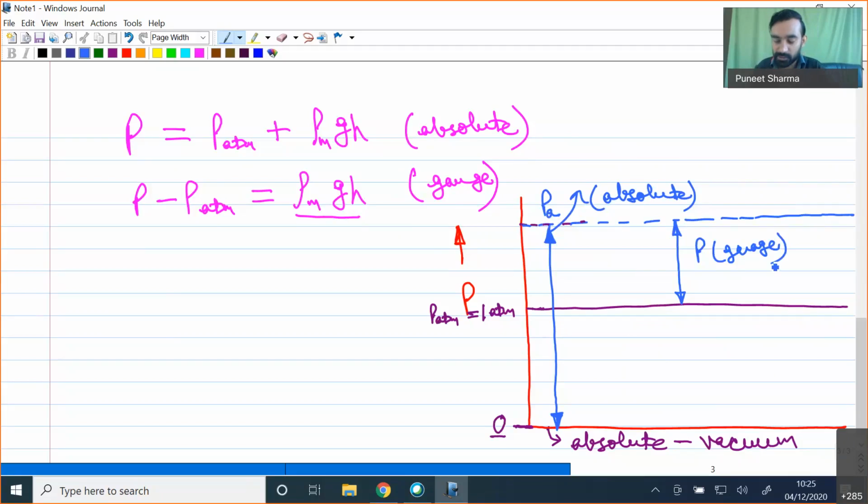So if any pressure value we measure with reference to the absolute vacuum, it is called absolute pressure. If any pressure value we measure with reference to